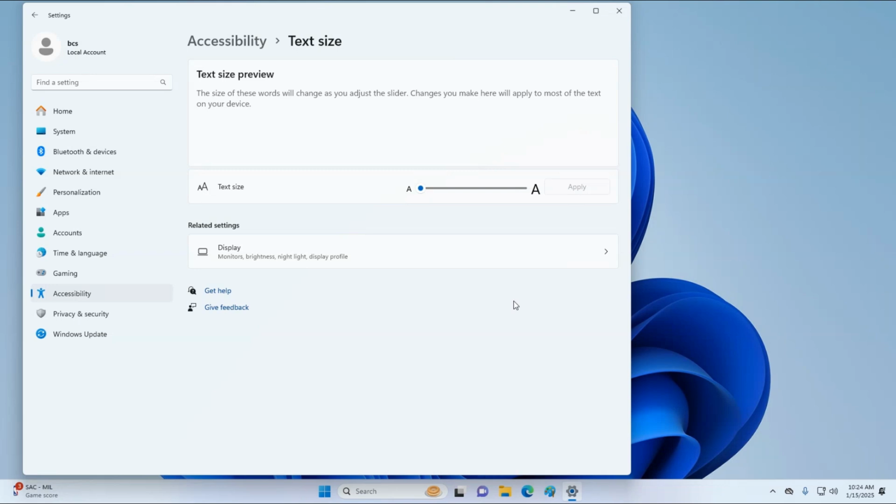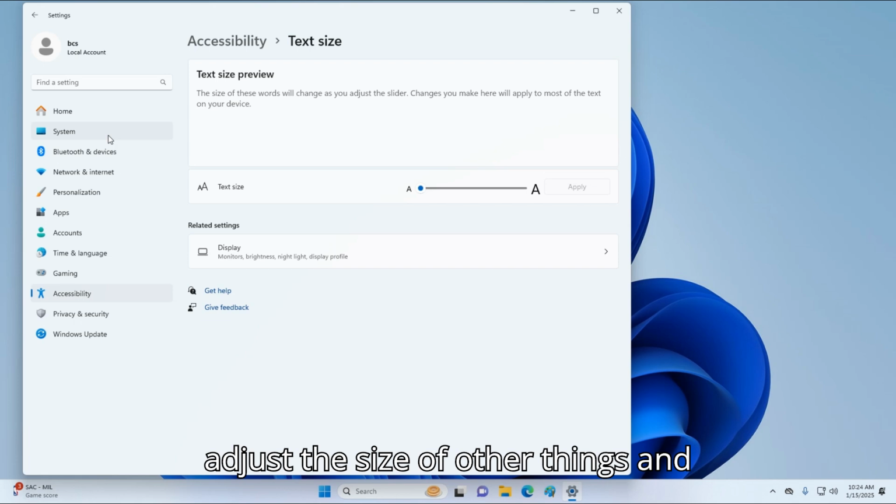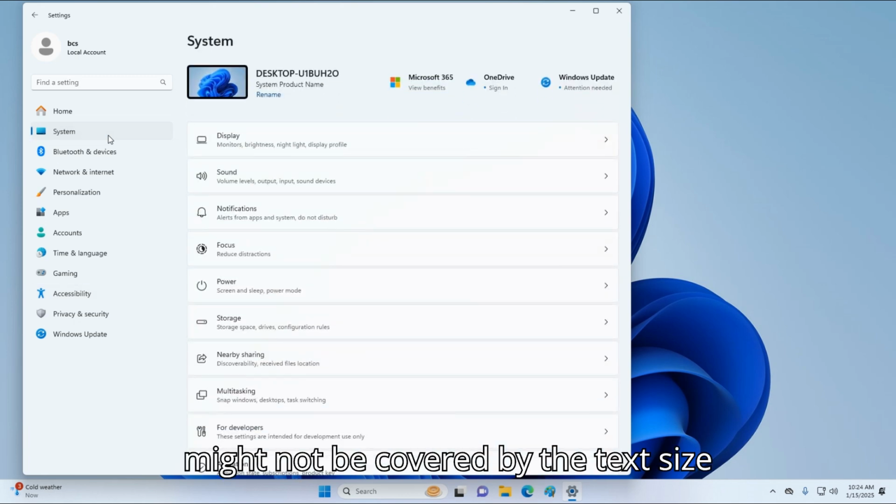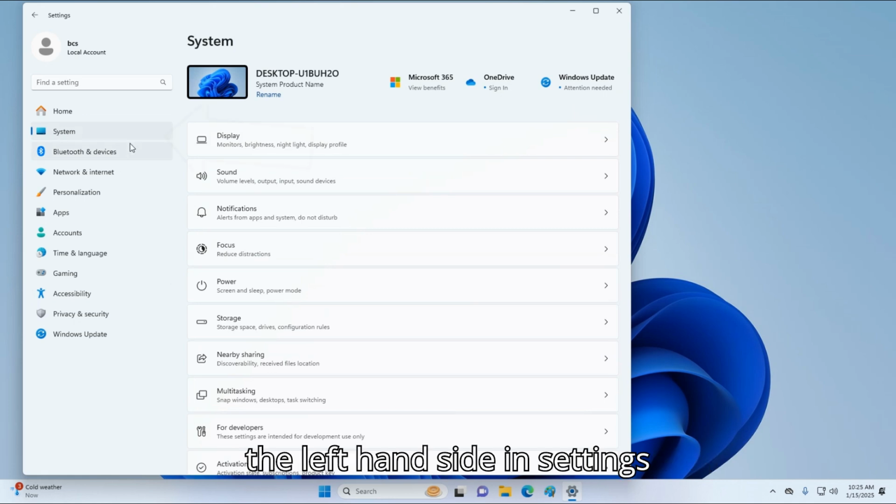And here are some extra bonus tips if that is just not enough and you need to adjust the size of other things and apps and other things that might not be covered by the text size option. We're going to go to System on the left hand side and Settings, and go over to Display,